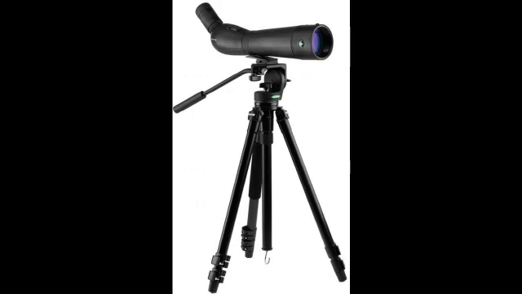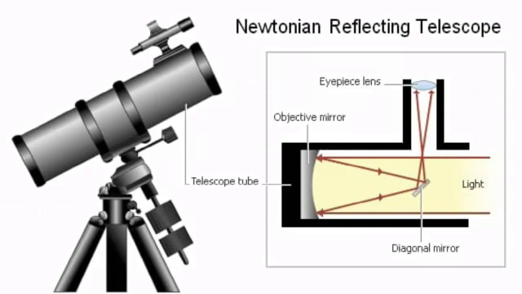Types of telescope: according to optical property, it is classified into two groups, refracting telescope and reflecting telescope. In refracting telescopes, lenses are used. Galilean telescope, Keplerian telescope and achromatic refractors are some of the refracting telescopes. In reflecting telescopes, parabolic mirrors are used. Gregorian, Newtonian and Cassegrain telescopes are some reflecting telescopes. According to the things which are observed, astronomical telescopes and terrestrial telescopes are the two major types.